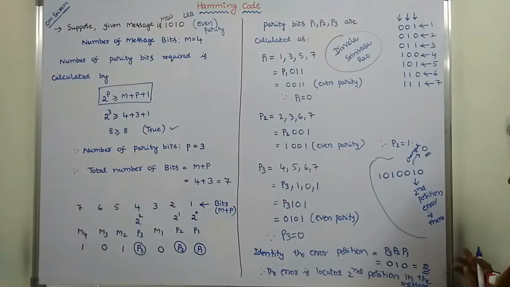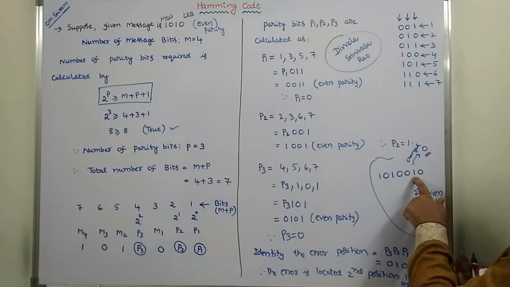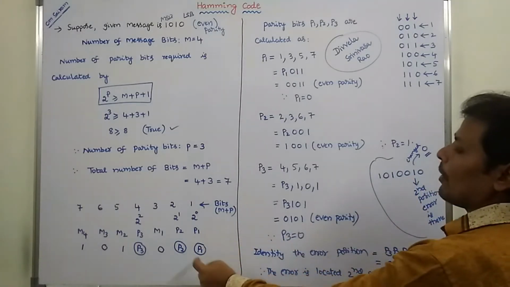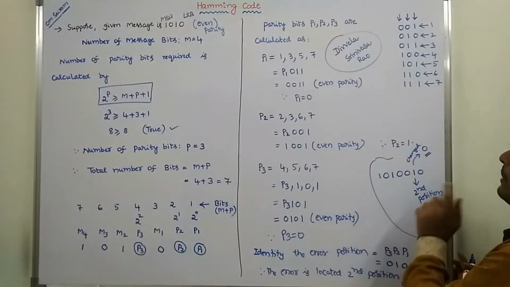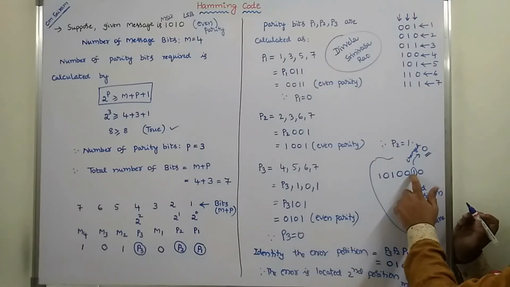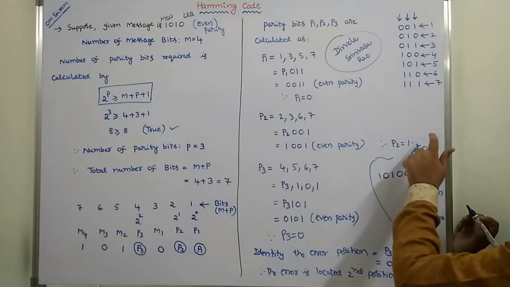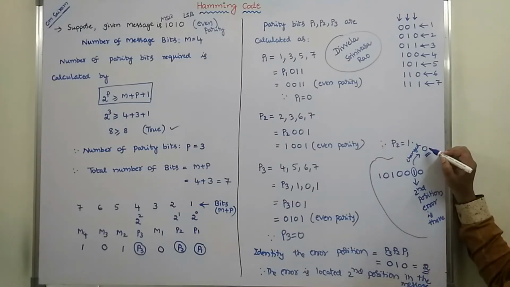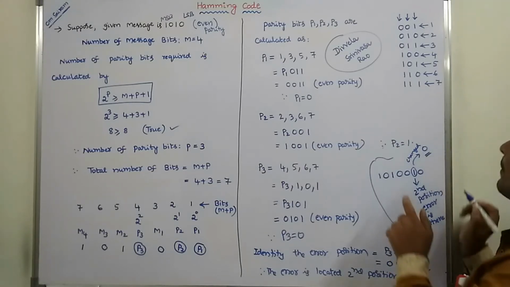Okay, here the error is located at the second position. This is the second position in the given message. After calculating the parity bits, the error is located in this position. Now this bit can be changed from 1 to 0 by correcting the parity bit value. After correcting that bit value, the message comes